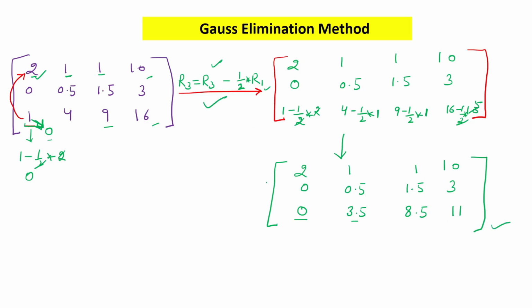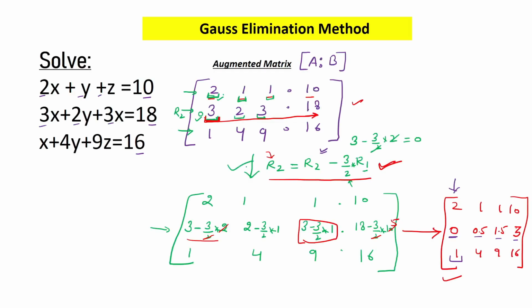Now here you may have some confusion that while we are applying the first row operation, can we not apply some another operation using R2 and R3? That means I can make this 3 as 0 using this one also. How? We can write 3 minus 3 multiply 1. That means this 3 is this 3, this one is this one, and this 3 is like a constant value. So here 3 minus 3 into 1 will be 0. So here I have used operation like R2 equal to R2 minus 3 into R3.